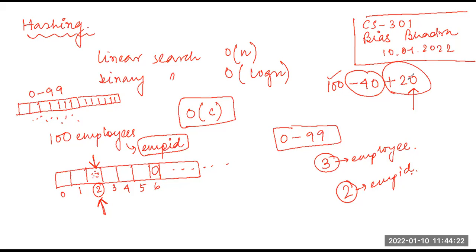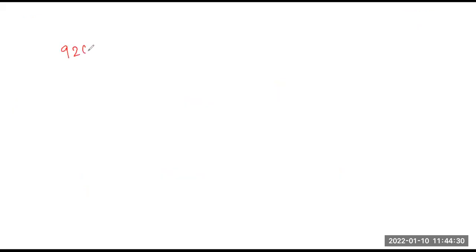Next, let us see another scenario. Suppose I am doing a PhD and I have a roll number like this. Why? I will tell you. Suppose this signifies the ID of my department, this signifies the year I took admission, this signifies the department I took admission in, and this signifies something else. So sometimes it may happen that in companies, the employee IDs are like this.